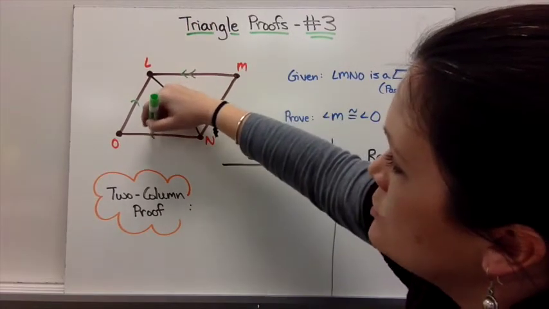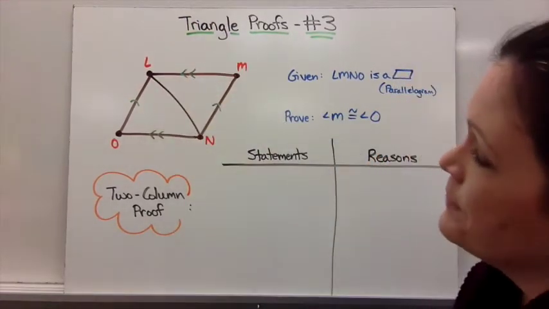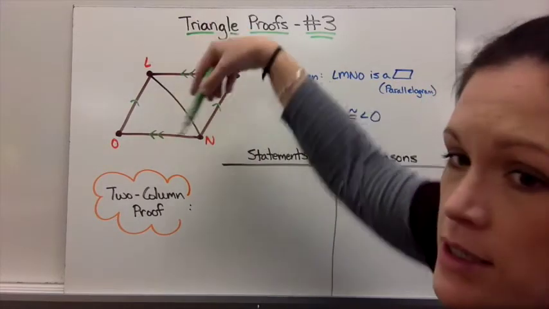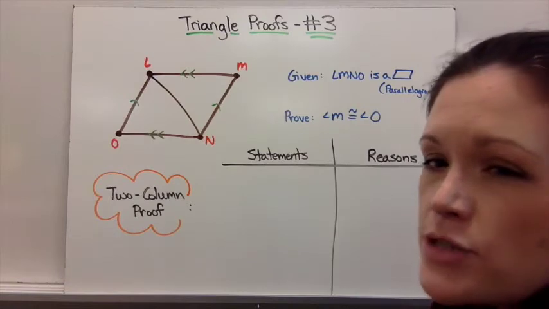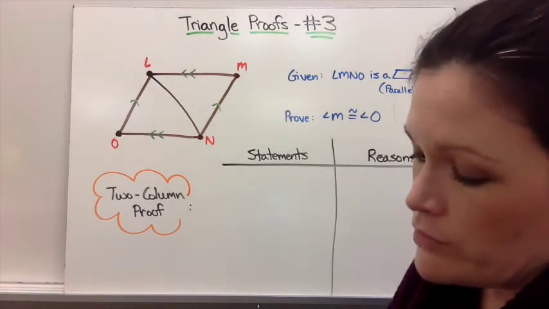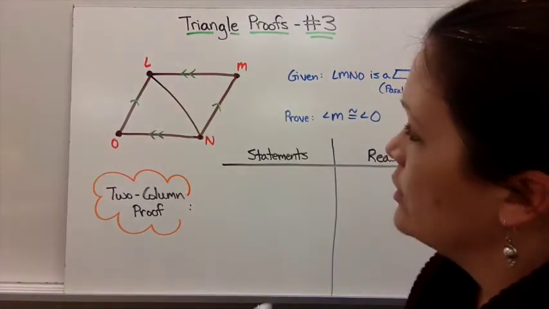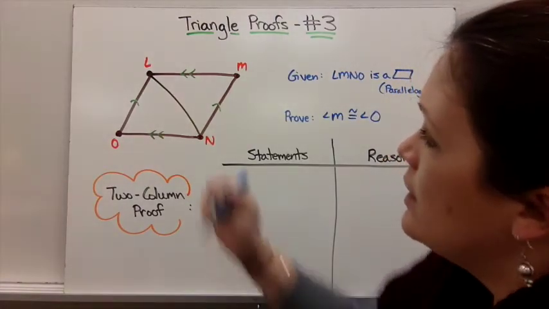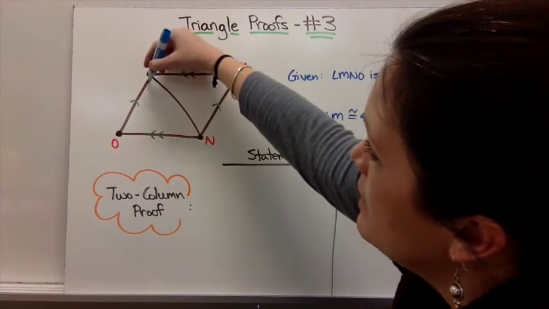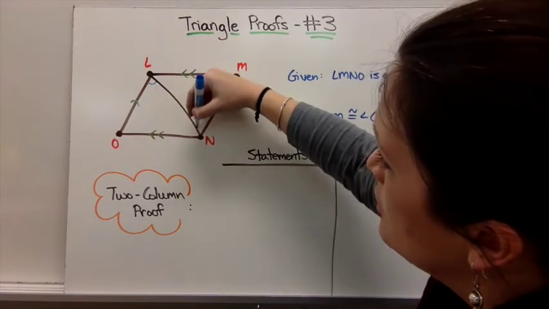So I'm going to go ahead and draw in the parallel line symbols. Then we know that this line LN, this segment, the diagonal right there, would be like a transversal for the parallel lines. So that tells us more information. So let me use a different color here. So if we know that LO is parallel to NM and it's cut by this transversal,